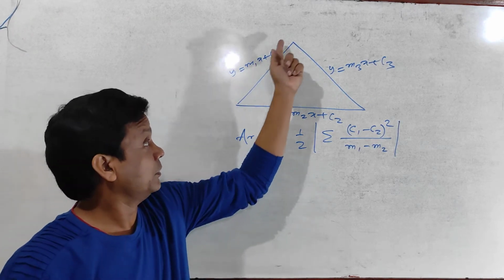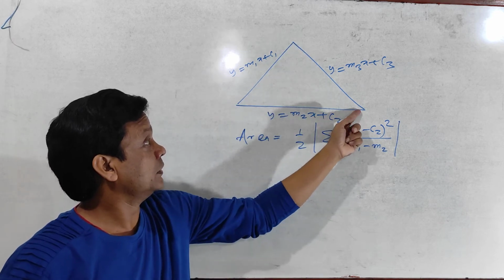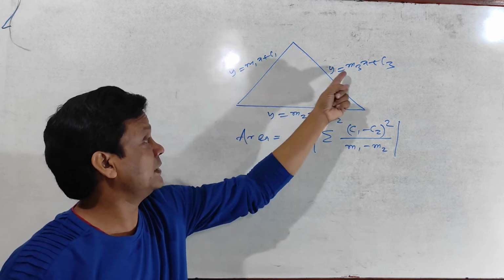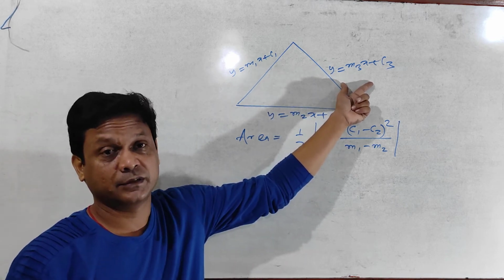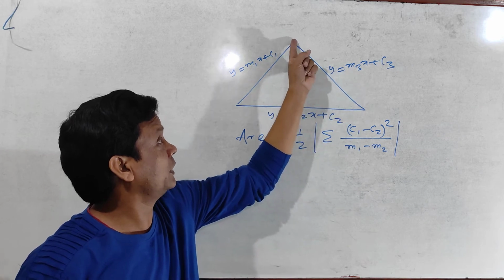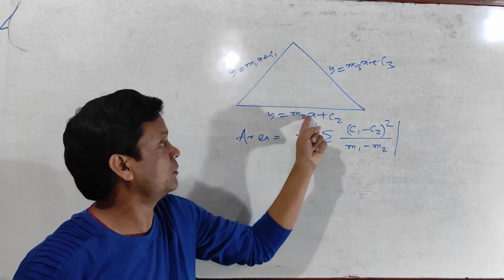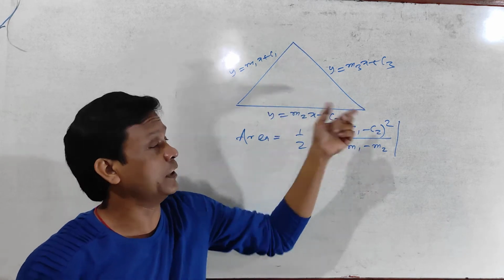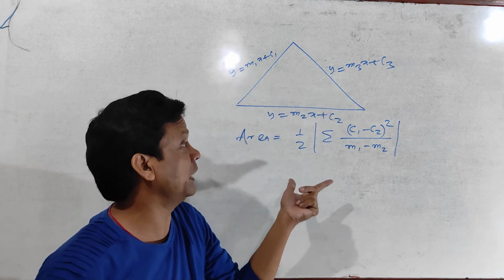See here, I am telling you a very interesting formula. Here this is a triangle whose sides are given. Equations of the 3 sides are given, not vertices. In class 12, you know that you have to solve two equations to get each vertex, and then apply the formula. But without solving, how do we find the area of the triangle?